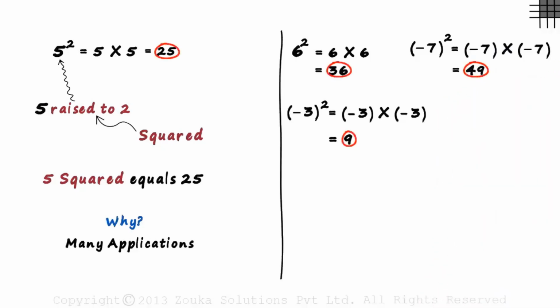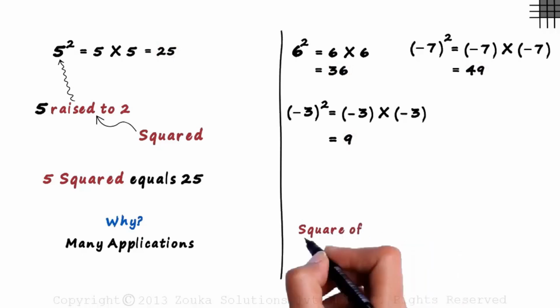Look at all the answers on the board. They're all positive. What does that tell us? It tells us that the square of any number is always